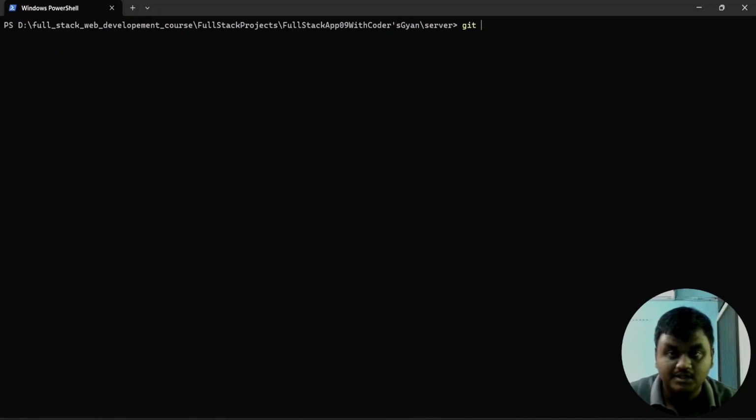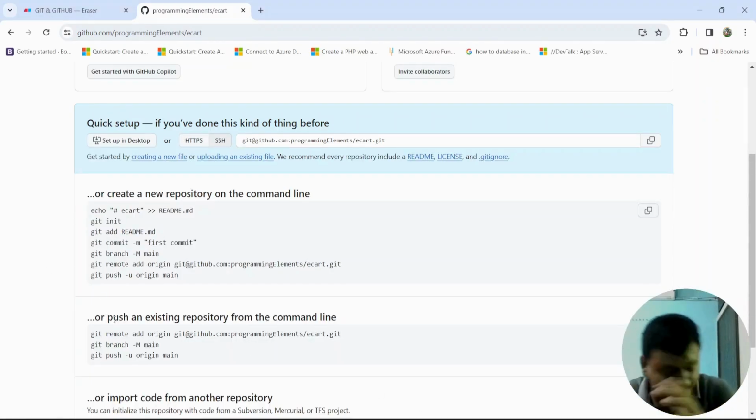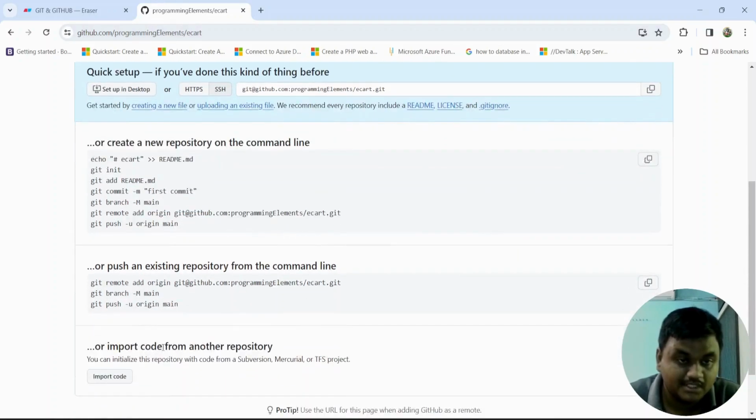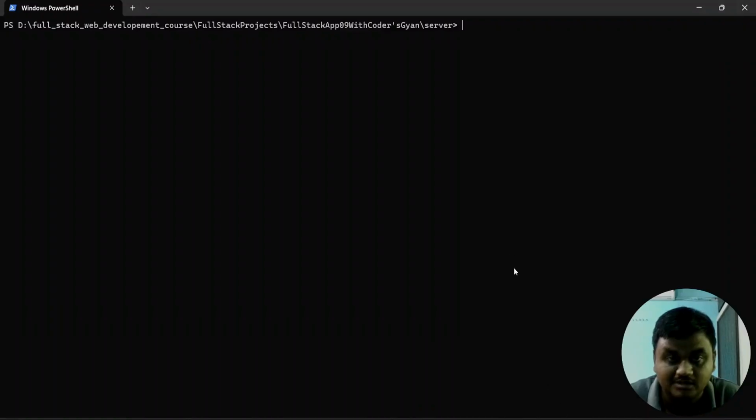After this, git. Once we come to this GitHub repository, here we are going to configure the remote. We are going to add this remote repository URL into our repository. If you click on this, you can... if you type the